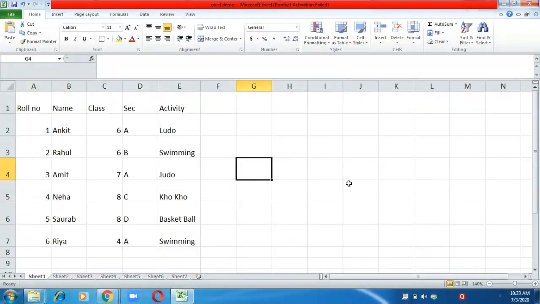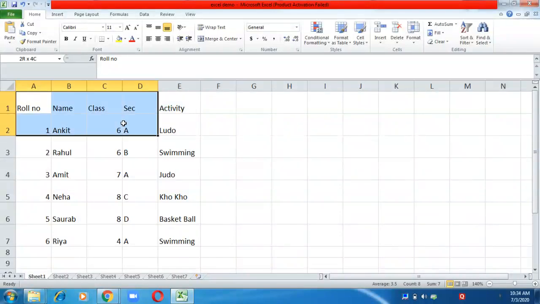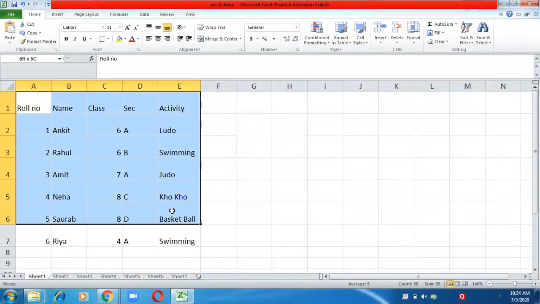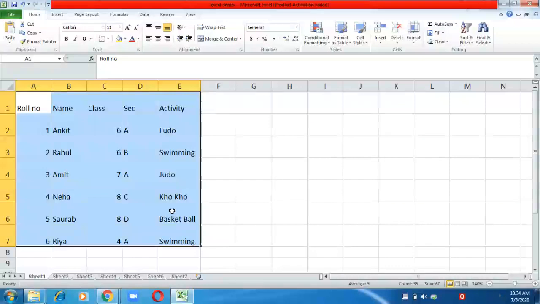So let us start with the formatting part first. Suppose I want to give different colors to my heading. First of all, I want to give an alignment to my whole content. I want that in every cell, the content should come in the center of the cell. So select the whole data like this, and this we have selected the range of cells, which ranges from A1 to E7.